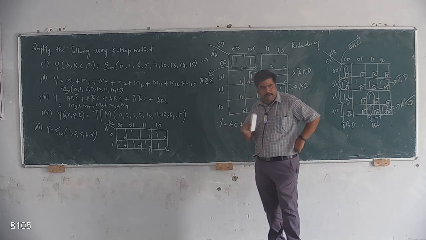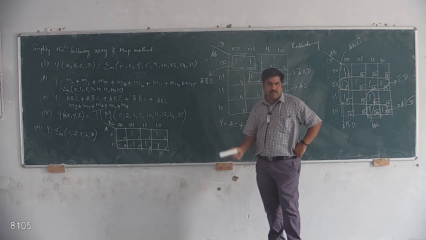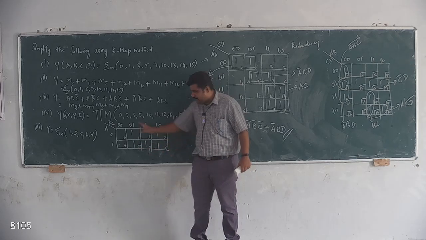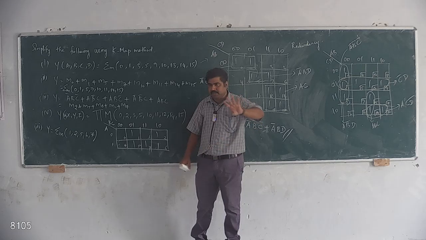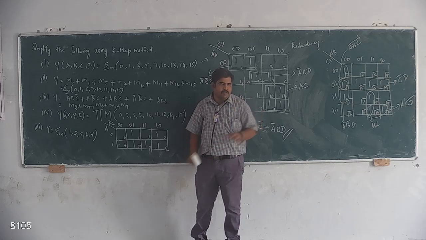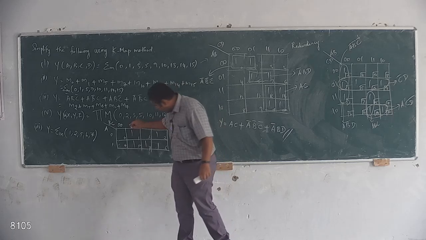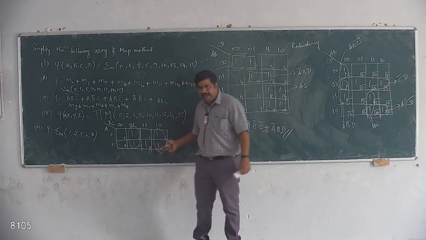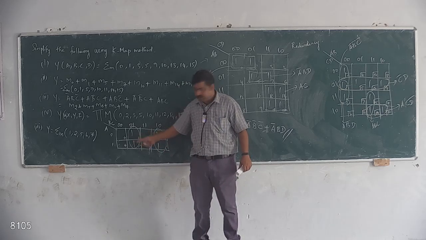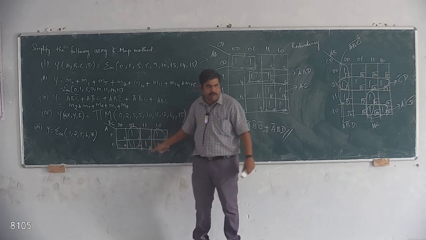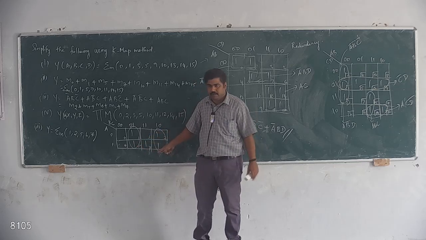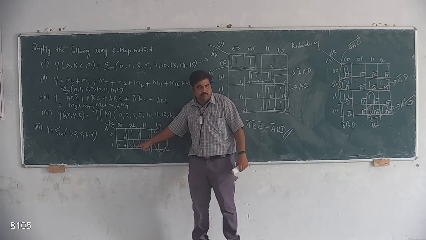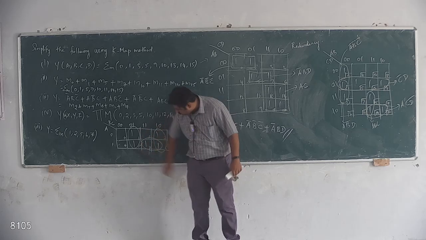We need to avoid the redundant pair. So we can make this one as one pair, this one as another pair, this one as a third pair, this one as a fourth pair. Since 4 pairs are possible, but we need to avoid the redundant pair. So we can combine like this. This is one pair. This is one pair. This one can be combined either here or there. If you combine here, you will get some other answer. If you combine there, you will get some other answer. Both are right only, so you can combine anywhere. This one can be combined with either of these. I will combine with this one.